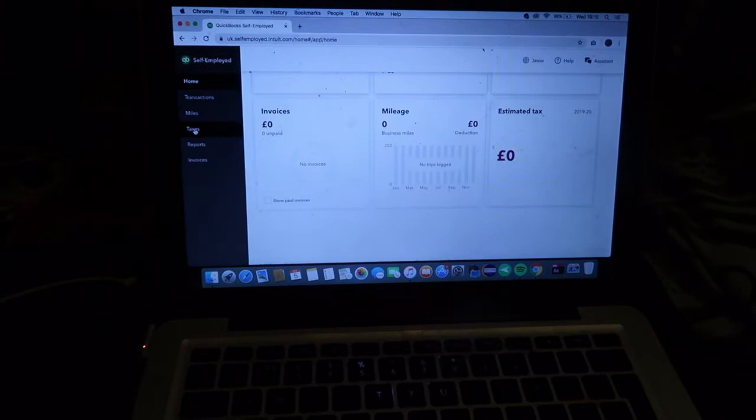So, by my reckoning, it showing zero as estimated tax was wrong. That couldn't possibly be right. I was looking at it thinking, but I've gone over £1,000, I've got more than £1,000 turnover, and my expenses are now more than £1,000, therefore the difference should be what I pay tax on. But it was still showing zero. So, there's a little setting in QuickBooks, and I found it in the forum yesterday, and when you change the setting, it kind of makes sense what it does, but you would think it would do it on its own. So if you go to the Taxes tab,